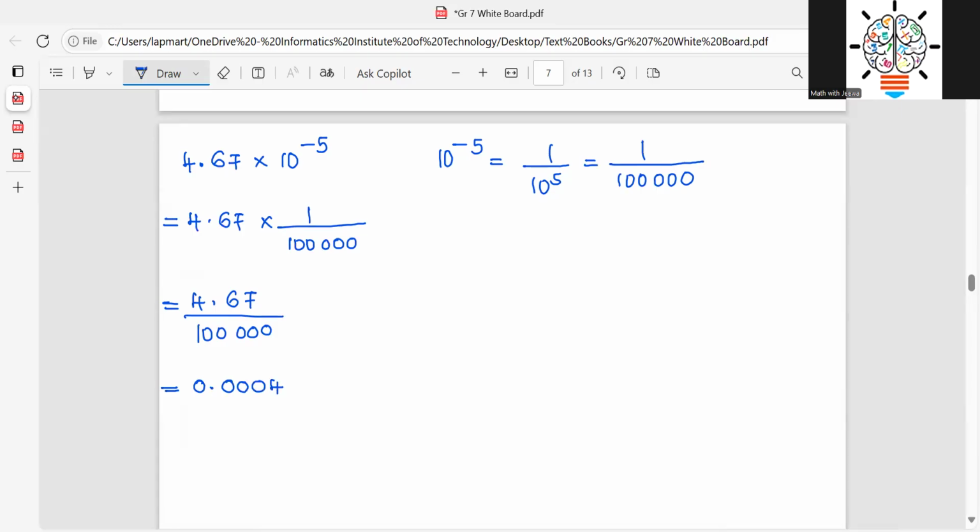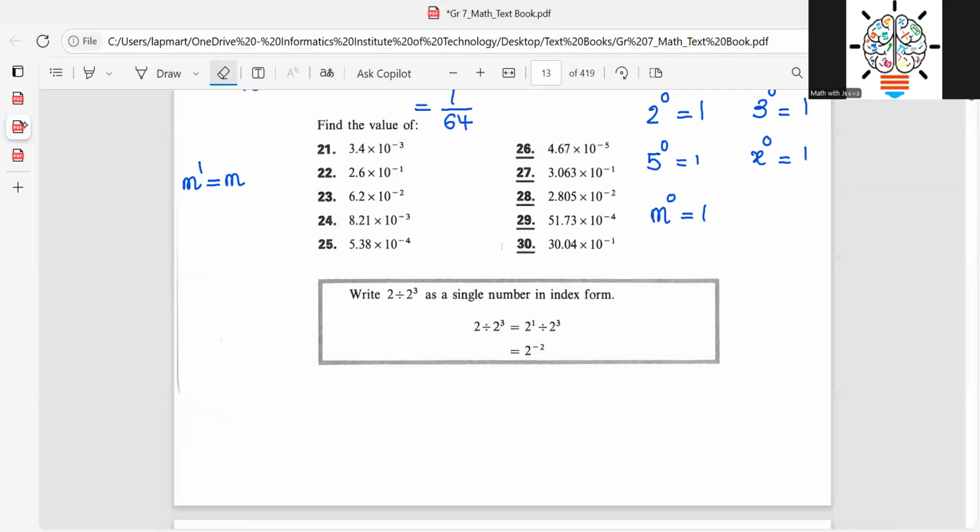0.0004. 1, 2, 3, 4. No, we need to have another 0. Right? 0, 0, 0, 4, 6, 7. So you know when you are dividing, to which direction you should move. Then we'll see whether we have come the correct number of steps. 1, 2, 3, 4, 5. Yes, we have come the correct number of steps. So then the next one,